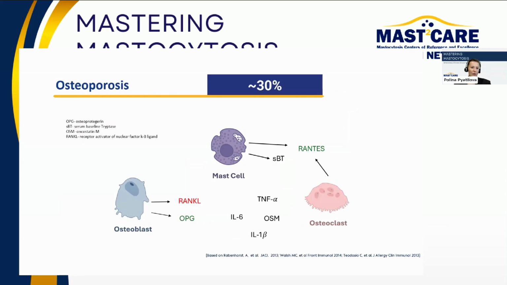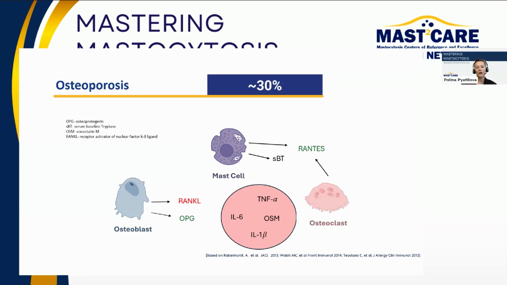Next, osteoporosis, feature number 3. Every third patient has osteoporosis, and we don't know yet exactly why and who these patients with osteoporosis are. But as I mentioned at the very beginning, young men with osteoporosis, which is unusual, think about mastocytosis. We know that in the literature there is a balance between osteoblasts, which help us to build bones,